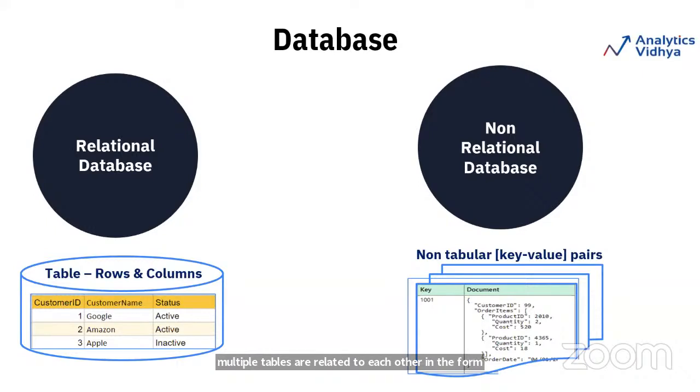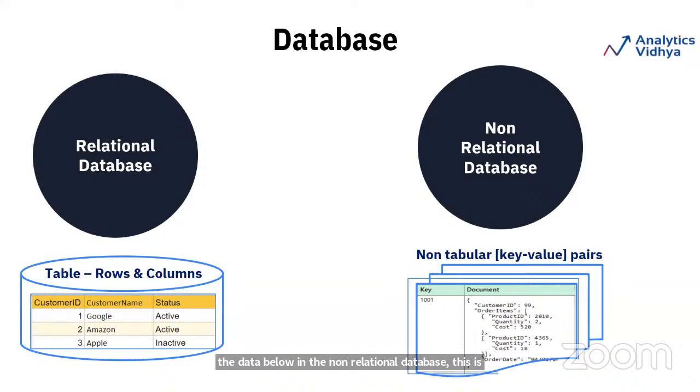Whereas what is a non-relational database? In the real world, you wouldn't always receive the data in a structured format. The data can come in a raw, unstructured form, for example, XMLs. If you see the data below in the non-relational database, this is an XML in the form of key value pairs. So it is not a structured form, it is very unstructured.